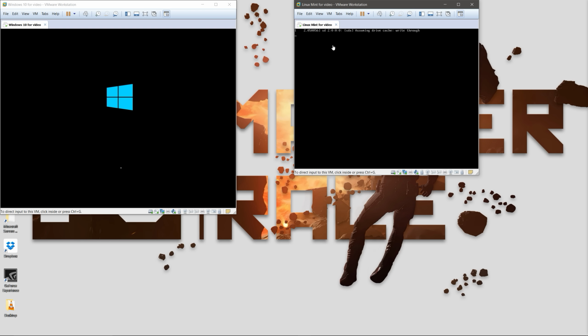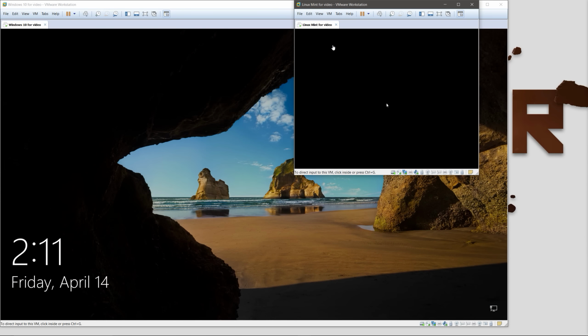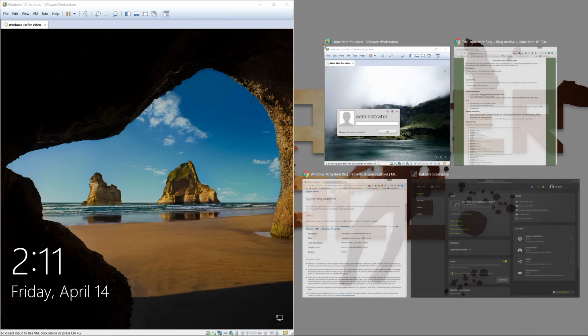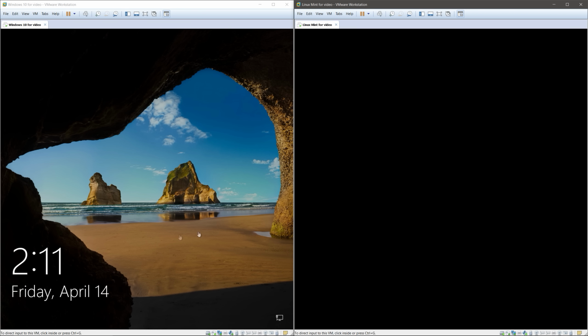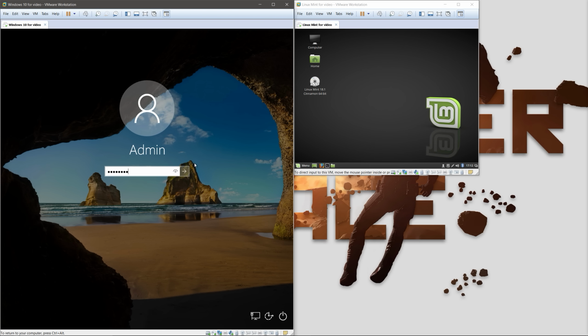In theory, Linux Mint, since it is lighter in system resources than Windows, should boot up quicker, but they both took about the same amount of time to boot up, as you guys can see. So let's go ahead and log into both operating systems, type in my super secret password,